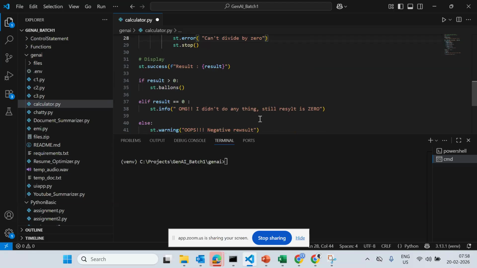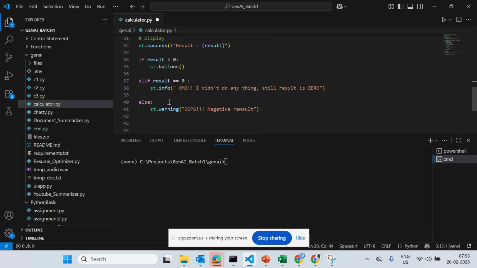That result is equal to 0, where you are saying, I did not do any operation; it's still 0. The else warning is for when there is a negative result, because when you subtract a large number from a small number, you'll get a negative response. Then, as I told, to run this application, I have to save it, Ctrl+S, and then streamlit